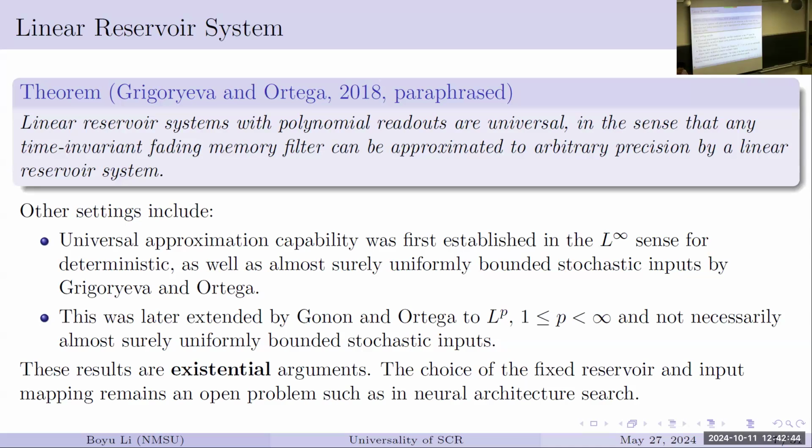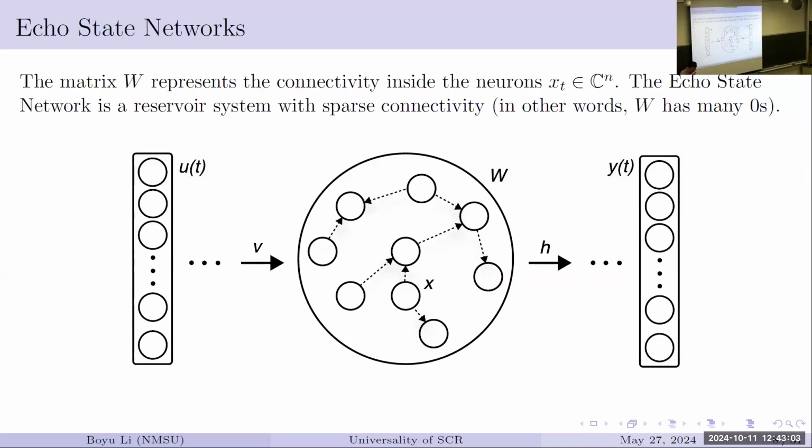So anyway, linear reservoirs are useful because they're linear. You don't have a nonlinear function in your dynamics, so things are slightly easier to understand. And in theory they can approximate anything in general, so that's why they're good. And I want to briefly talk about this linear reservoir. It really became popular in recent years because of this idea of echo state.